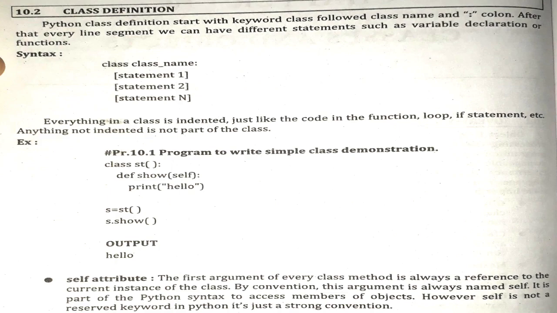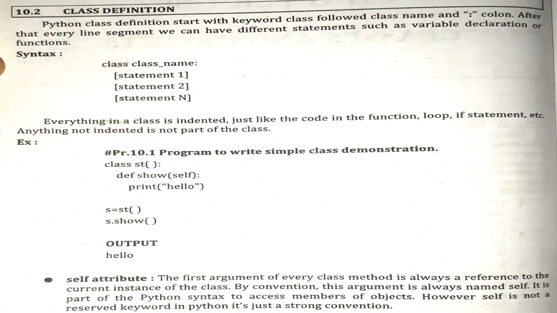As I explained previously, if we have a class and want to access the methods or attributes present inside it, we have to create an object of the class first, and then with the help of the object, like in other programming languages, we can call its method. So see, after the class is completed, exactly below the class we have s equal to st. That is nothing but the object creation. S is the name or object of the class.